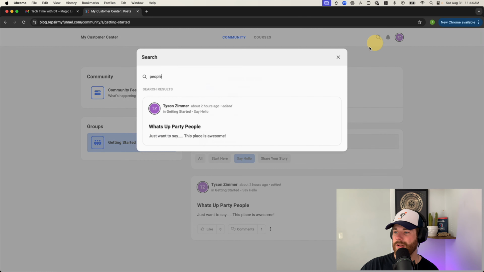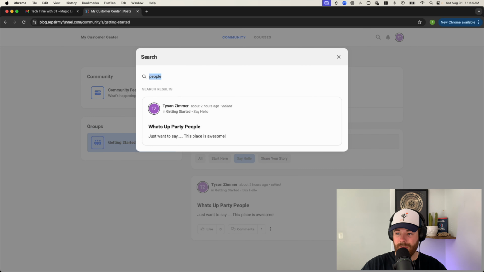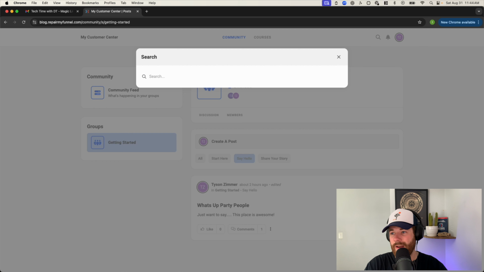Now, the search functionality doesn't allow you to search up names, for instance. I've tried that and I wasn't able to find anything there. So I type in Tyson, nothing is popping up, even though my name is Tyson and I'm in the community. It's not going to pull anything up specific to a person. It's got to be around the topic or the content that was within the post itself from people in the